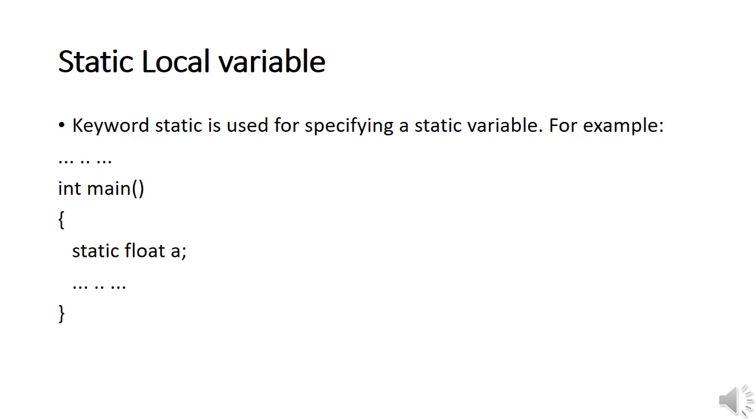A static local variable exists only inside a function. That is, the scope of this variable is limited to that function only, similar to local variable. You can access a static local variable only inside that function, but its lifetime starts when the function is called and the lifetime ends when the program ends. The main difference between local variable and static variable is that the value of static variable persists till the end of the program, but the value of local variable ends when the function exits.